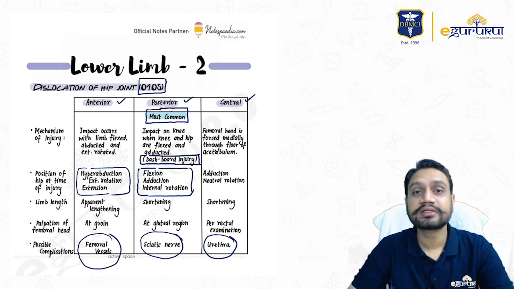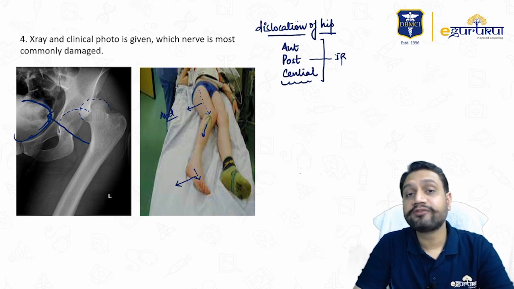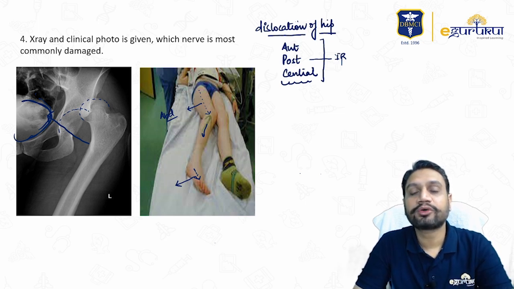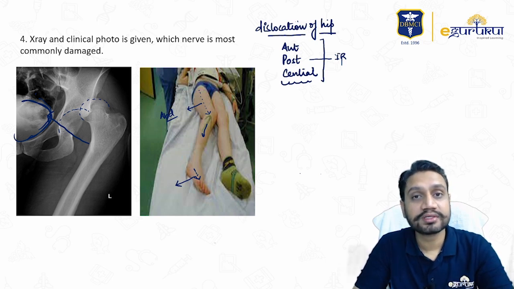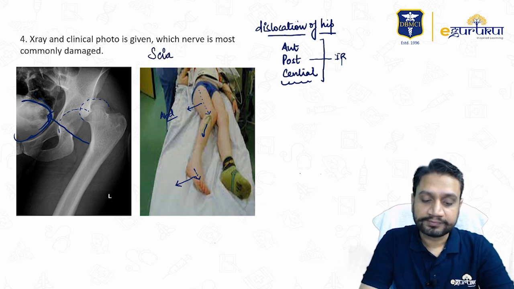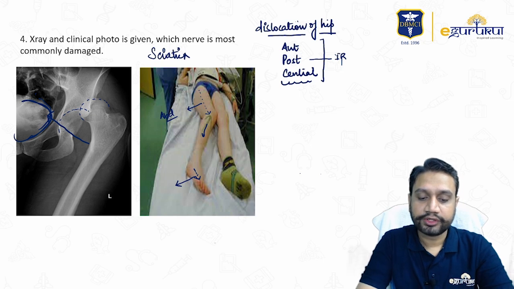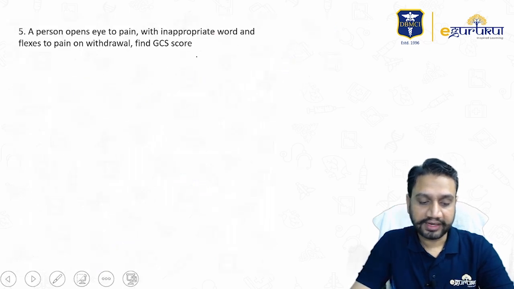So this is what we have discussed, and if you have recalled the basics, I believe that you have marked it very correctly in your exam too. So it is about diagnosing it. They have not straightforwardly asked you that a posterior dislocation is there and which nerve is involved. They have just modified the language to blend the question: if a patient is coming with such and such attitude, what is the diagnosis, and if this is the diagnosis, which nerve will be involved. So here the answer was very clearly the sciatic nerve, right? So posterior dislocation is related to your sciatic nerve.